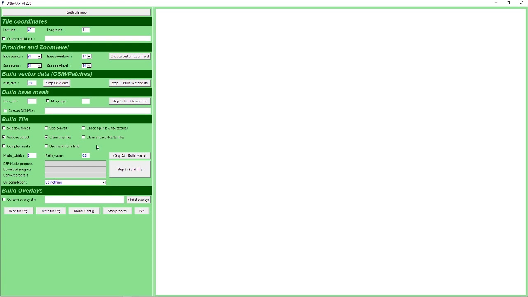So we have our tile selected, we have our preview picture watched, we have our source selected, we have the zoom level set, we have also done a custom zoom level around the airport. We checked again white textures. We didn't change anything to these numbers here, we leave it like that. We have a last